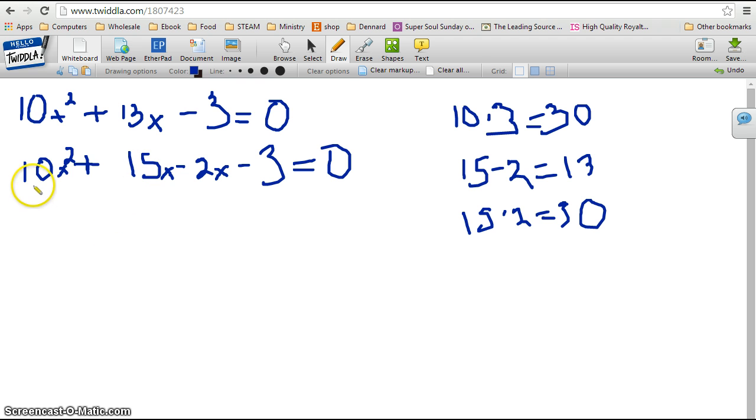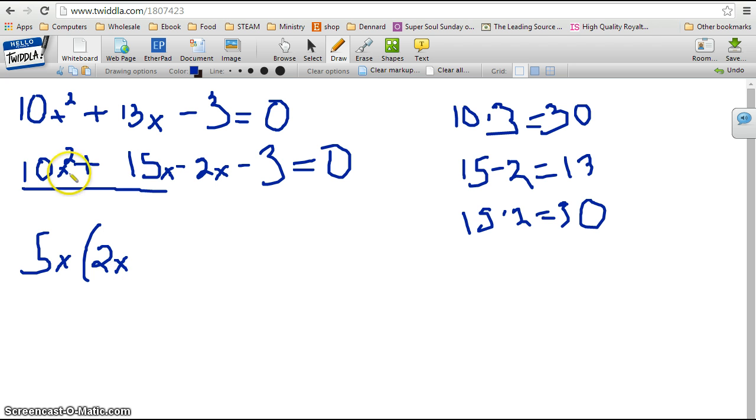All right. Now, when you're looking at these two numbers, what number can be divided into those two numbers evenly? Or what is the greatest common factor of these two numbers? I know 5 can go into 10, and I know 5 can go into 15. But look, I have an x squared and I have an x. So I know my greatest common factor is going to be 5x. So 5x times what number gives me 10x squared? 5x times 2x